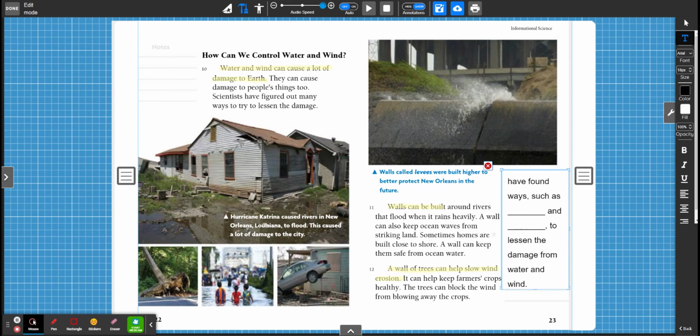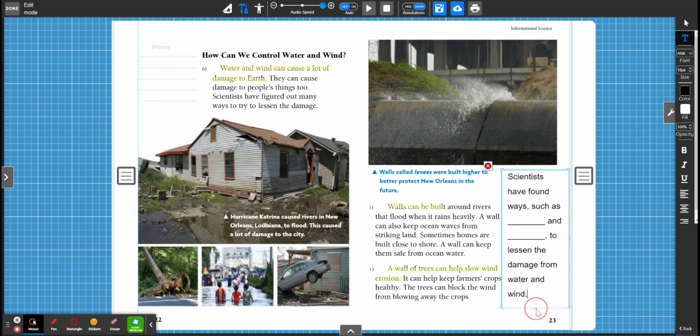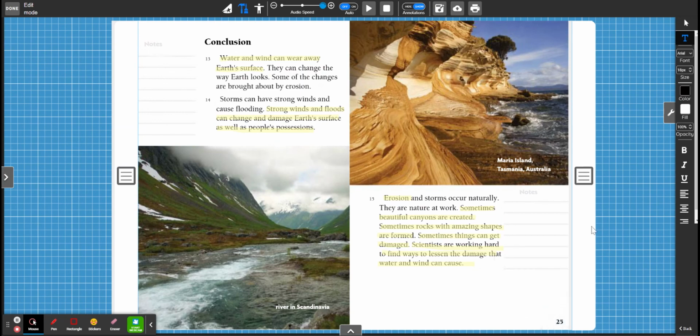So that one's a little bit of a long one. There we go. So what have they started doing to lessen the damage from water? That's your first one. And wind. That's your second blank. So go ahead if you want to pause the video and write that in. You can. You will then submit that to me on Canvas. And on page